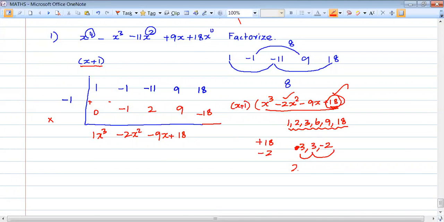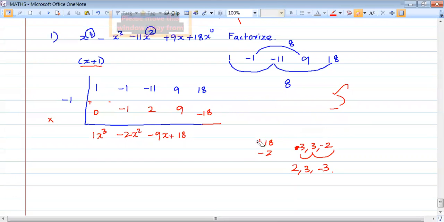Okay. Suppose if you select 2, 3, minus 3. 2, 3, minus 3, yes. But here we have got minus 2. That is an issue. Okay, so leave it. We will discuss this one later. Now, first of all, one minute, I will tell you this method also, don't worry.